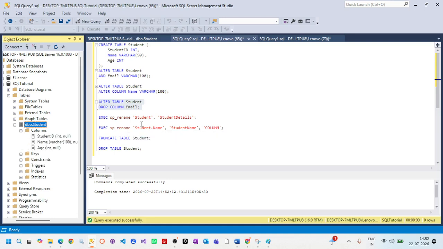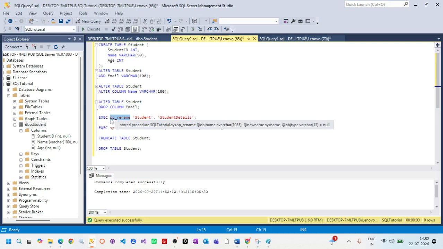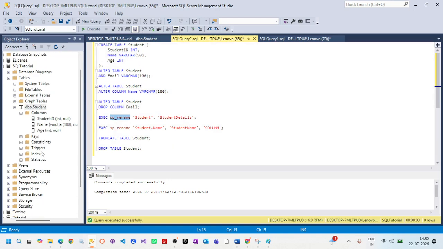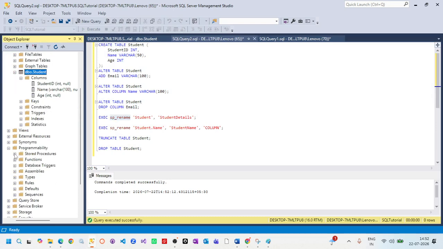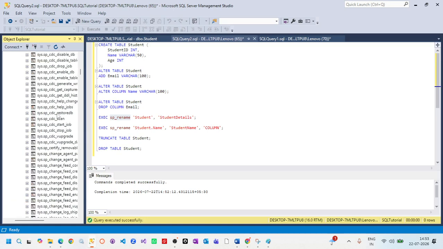Okay, now one more thing. Suppose this column name I changed, and that column data type I changed. A new column also I added, but now I'm trying to change the table name. How is it possible? We have a procedure, sp_rename. I did not create this one. This is a system default procedure provided here. So if you go here, under Programmability we have the stored procedures. In the stored procedures, if you expand the system stored procedures, it will contain something like